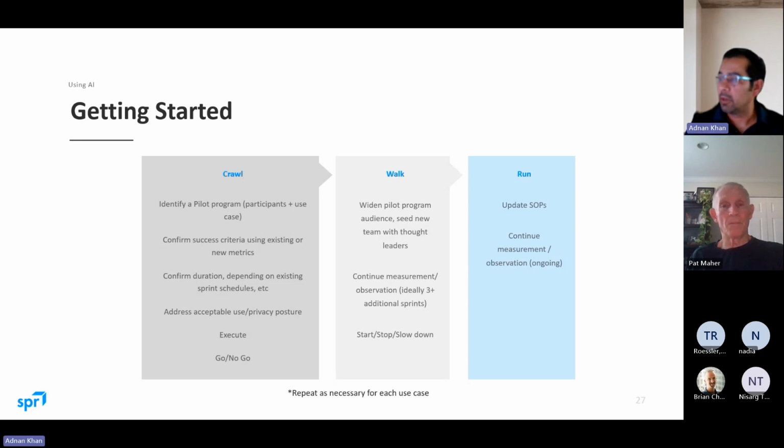Decide or define how you're going to measure success. Set the time frame for the project, whatever it is, a month, 2 months, 3 months, and then make sure it follows your privacy and usage rules. And then you just kick off the project, and based on the results, you make the go or no go decision. Say the project goes well and you want to expand, then you go to the walk stage and